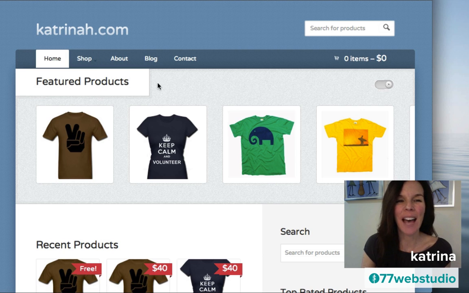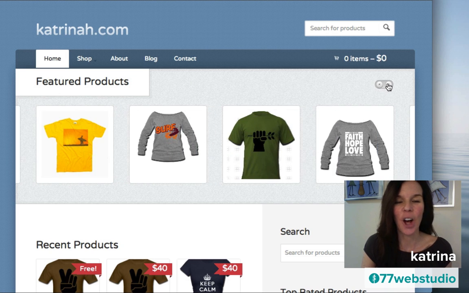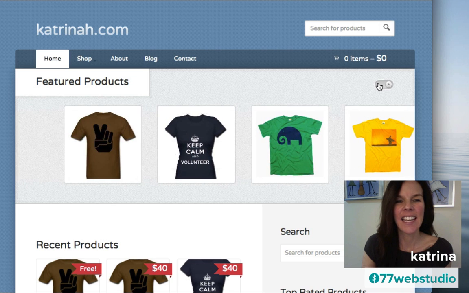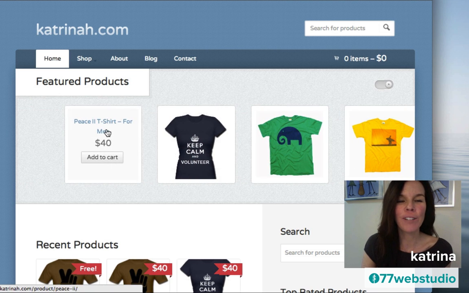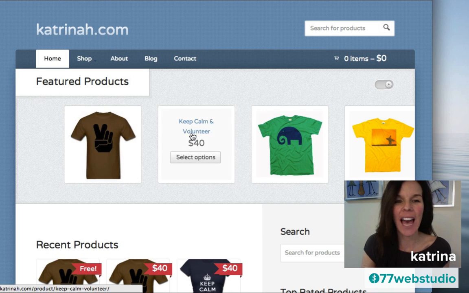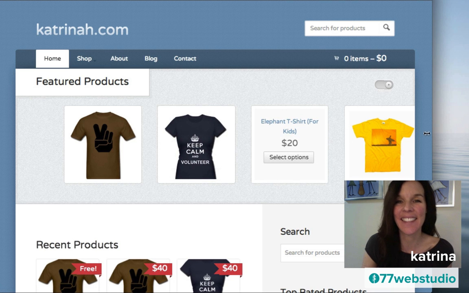Just under the menu, we'll have a featured product slider, which we see when I click on this button here. A whole set of additional featured products slide over like that. Now, just going back, when we hover over each of these different thumbnails in the featured product slider, you'll note that there's two calls to action. We can either click on the title of the product, which will send us directly to the product page, or we can simply add the product directly to the shopping cart. So I'll show you how to set this up in this video.